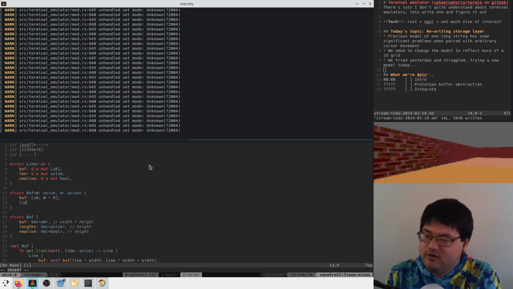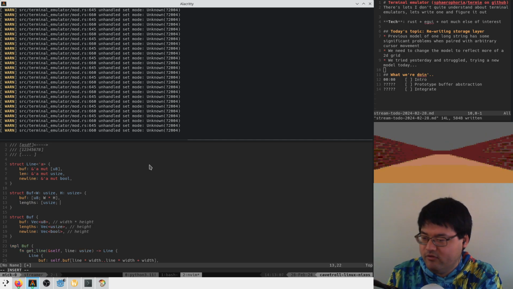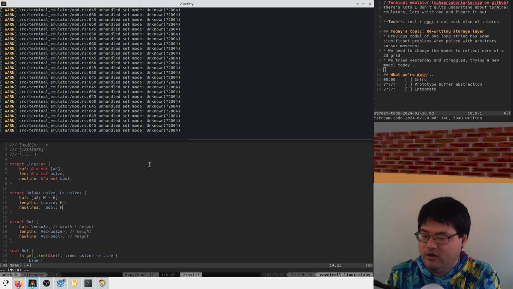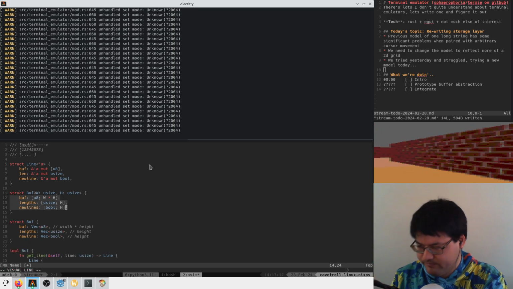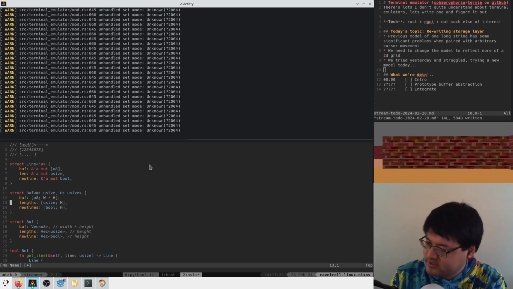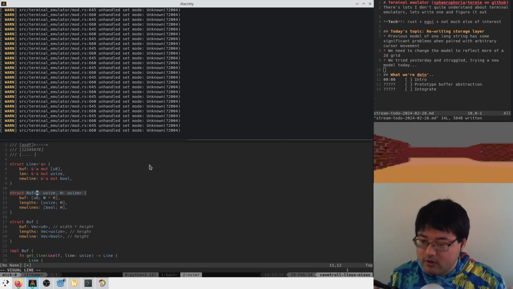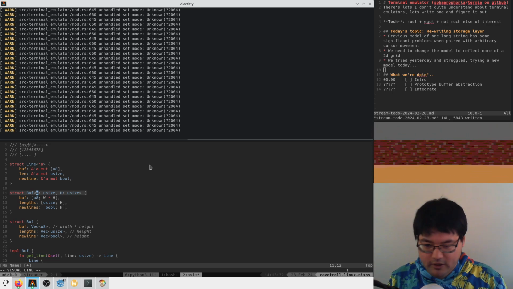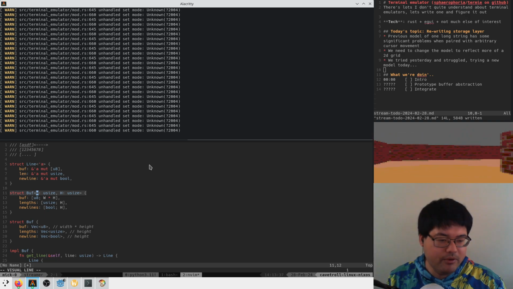And the lengths of each segment for each line are going to be stored as usize of height. And the new lines are going to be stored as bools of height. And that's kind of nice because now these are all stored next to each other, cache friendliness, whatever. But this doesn't work because these are compile time parameters, and somebody's going to be resizing this window, so we don't really have this information of what the width and height of the buffer are at compile time. Kind of. You could maybe set a maximum size here and then subslice it, but